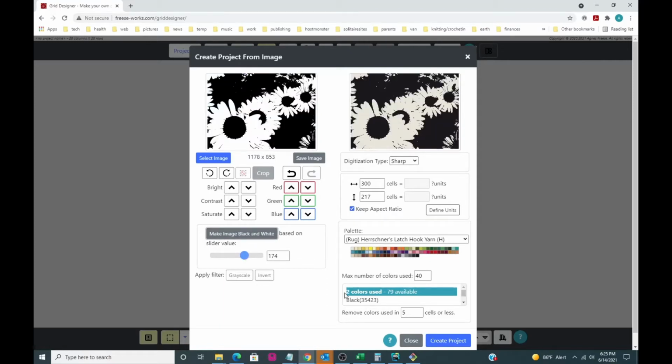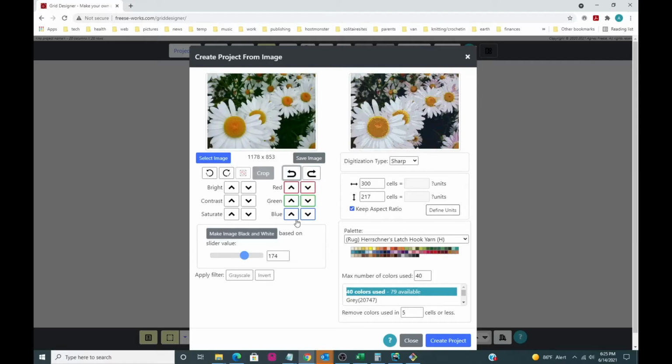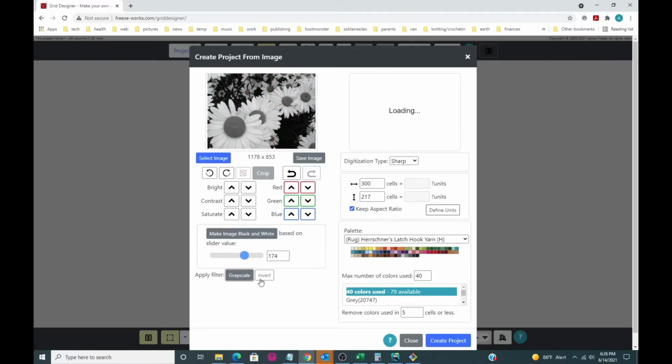But once you get out into the Grid Designer, you can substitute any color you want for white and any color you want for black. And you can have a two-tone picture in that way. So this doesn't have to remain black and white. You can always use the color substitution tool when you get out into the main Grid Designer to substitute black and white for other colors. So think of it like that. It's really creating a two-tone picture based on this threshold value down here that you can slide back and forth. Okay, you can also do a grayscale,